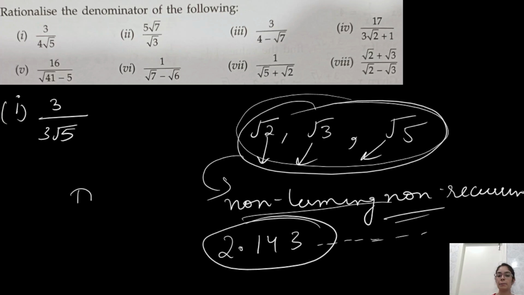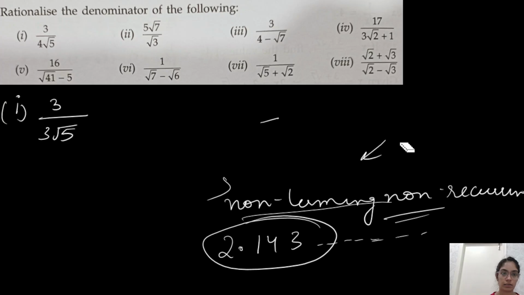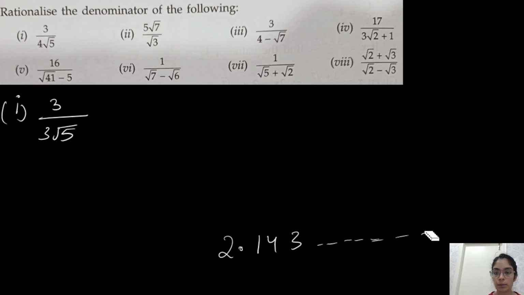So in depth, I'm not going to discuss here what is rational and what is irrational, because here I'm only going to teach you how to do rationalization and why we do rationalization. I've told you, whenever the denominator is an irrational number, that time we do rationalization. Here the denominator is an irrational number, as you can see, the square root of 5 is there. This is a single number, so you just have to see which irrational number is there. Here √5 is there, so you can multiply with √5 up and down.